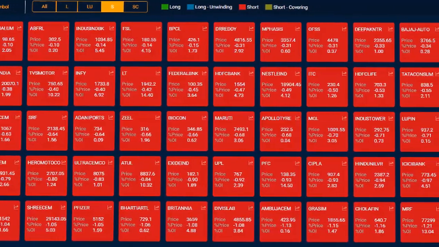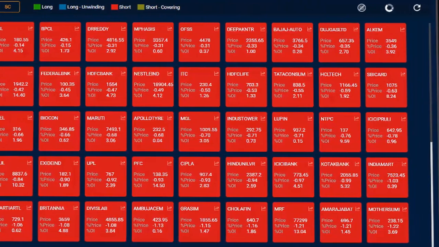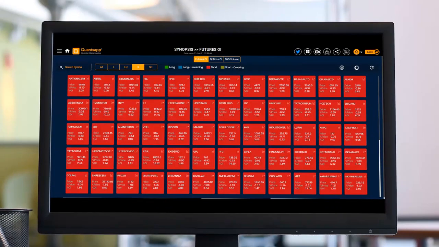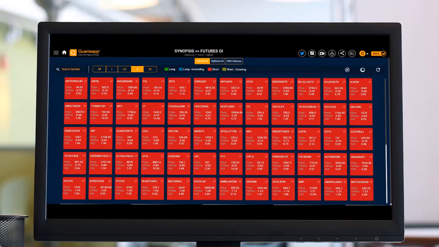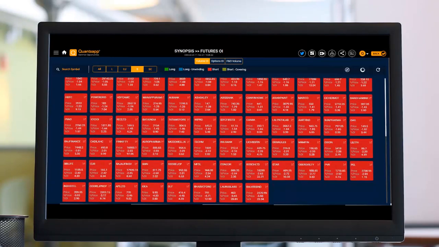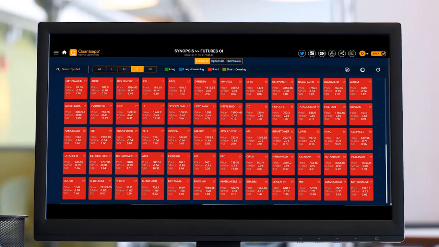Then let's discuss the opposite of it, which is short build up. I can shortlist my candidates just by clicking on S over here. So the stocks which are highlighted in red color indicate something negative, indicating that there is a short build up happening. The price of the instrument goes down but the OI goes up. That means that even in falling prices the OI is going up. There are still sellers who are vigorously selling despite the instrument having fallen a lot. So that is a short build up. You can call a short build up a significant bear move. So we get to see all the stocks which have witnessed a short build up over here.